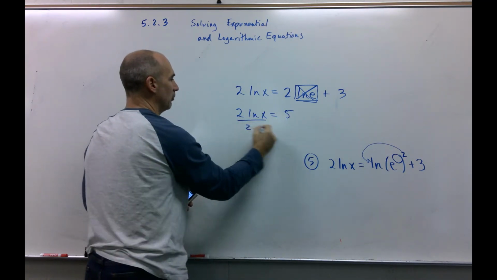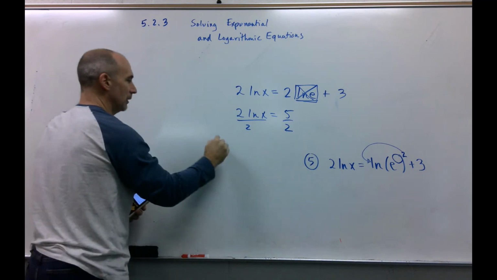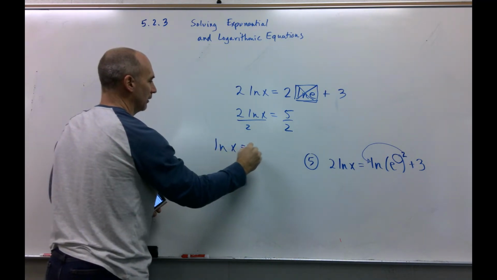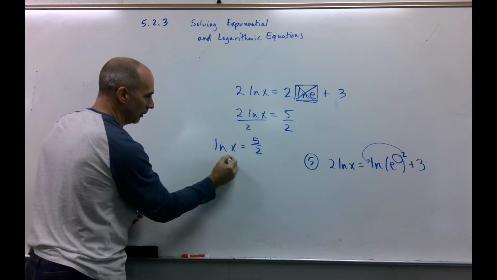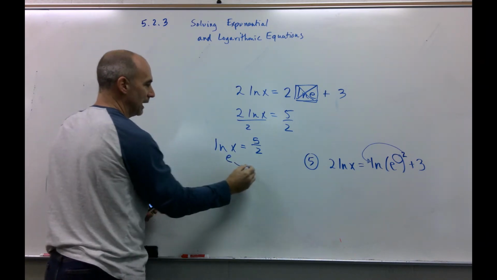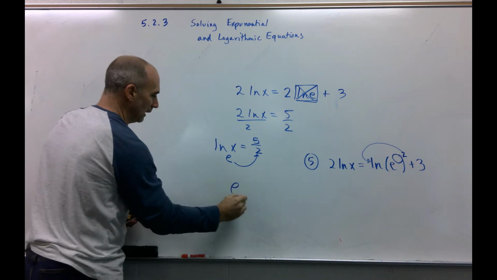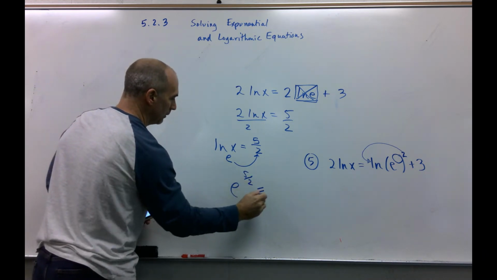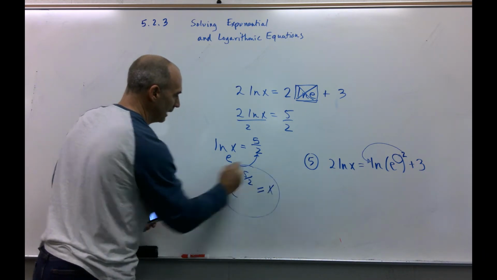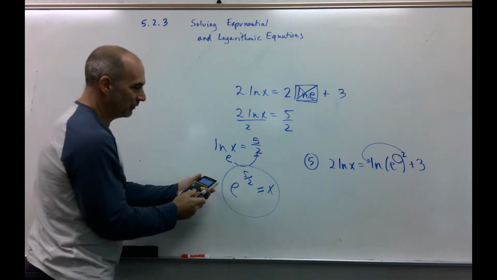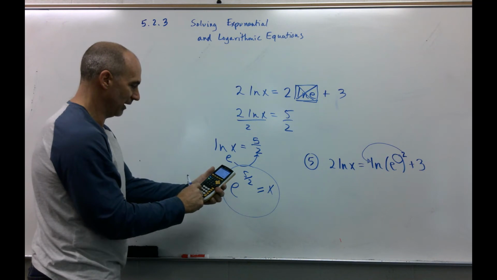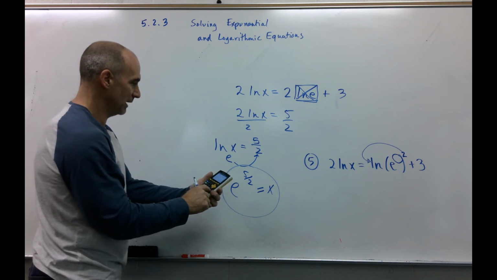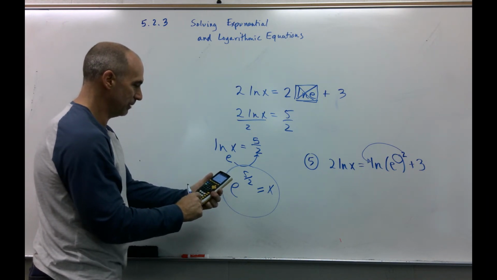Divide by 2, clean it up. Natural log of x is 5 halves. Remember, when there's a natural log here, there's an invisible e. Now I know what to do. E to the 5 halves power equals x. Got it. Now if I really wanted to find out what this was as a decimal, I'd go 2.71 and I'd raise that to the 2.5 power,